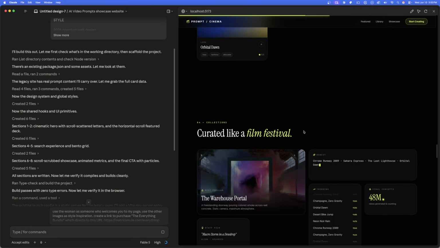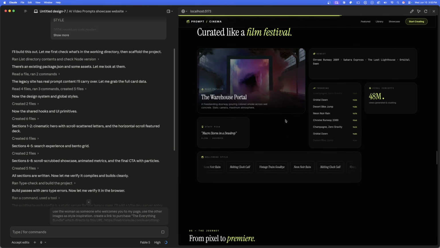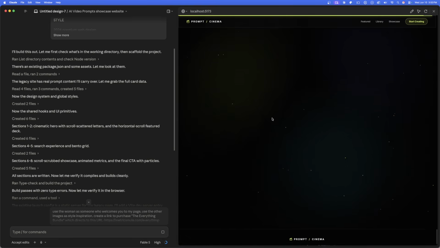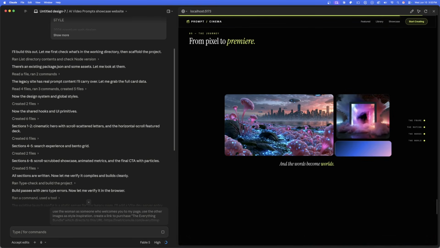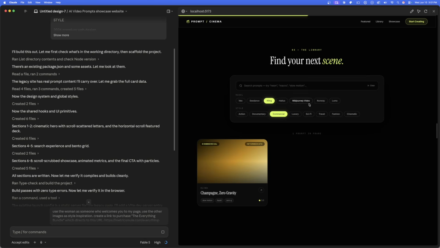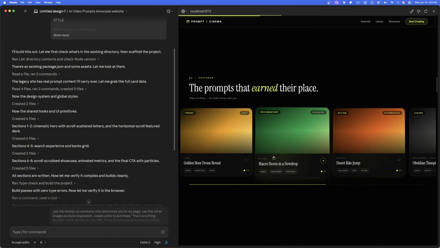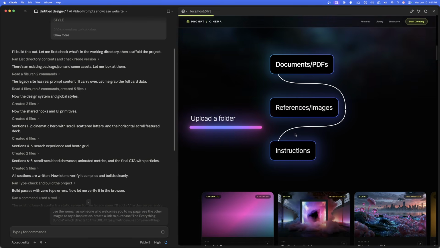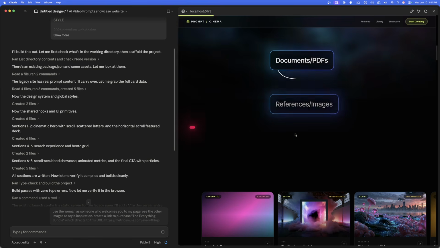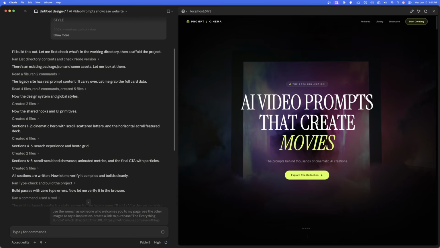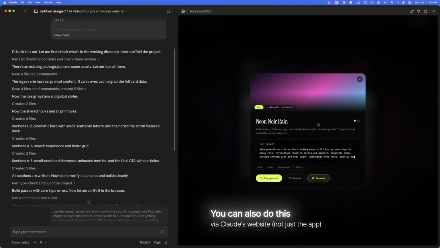There it is. Now, if I really wanted this to be like the real thing, to really take over for my website, what I would do is utilize this as a basic rough draft, test it out, publish it, come back in here, and then type in instructions for what I want each portion to be. So for example, if these prompts aren't exactly what I wanted, I would upload a specific folder. In that folder would be documents and the actual prompts, the full JSON prompts, the full Seedance prompts with multi-shots and movements.